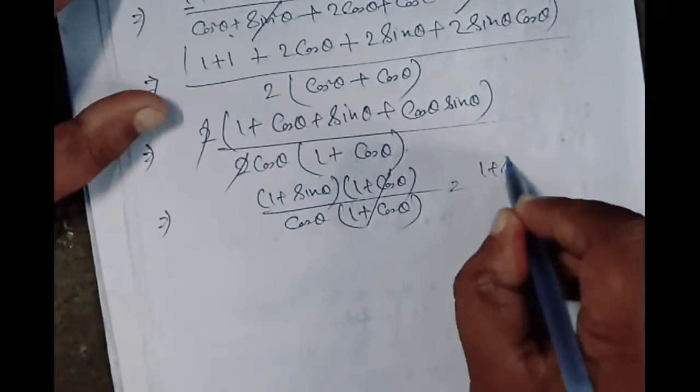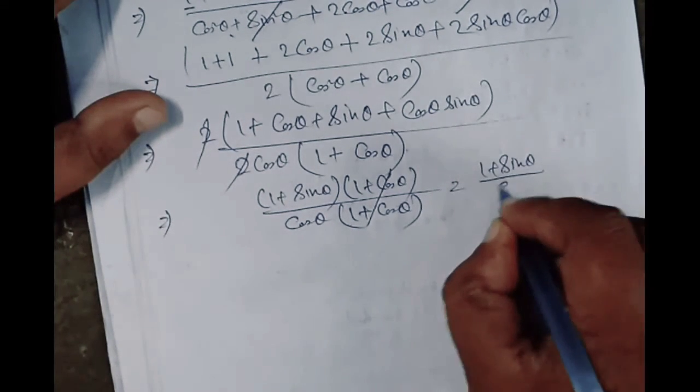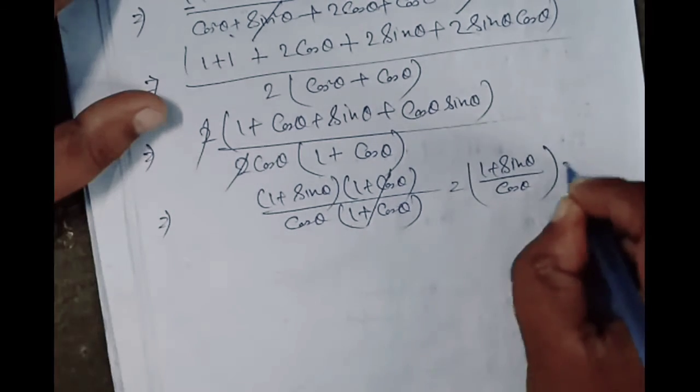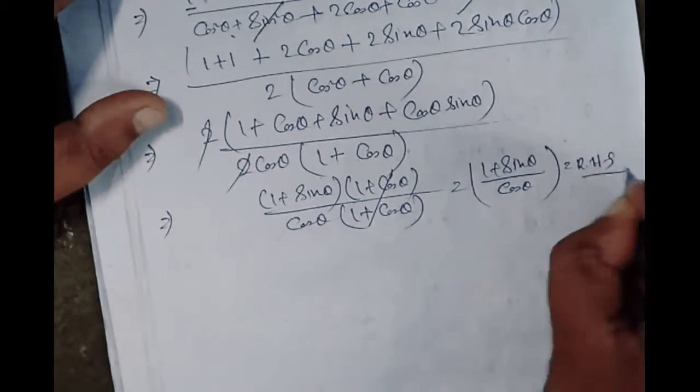We are getting (1 plus sin theta) by cos theta. So that was the RHS. Okay. Next, move to another question. That is question number